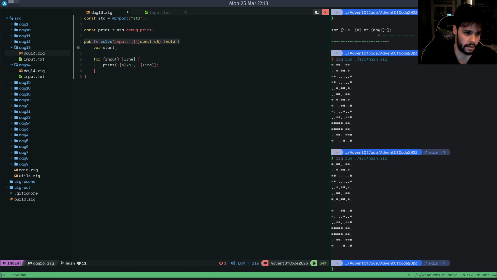Var start pointer, which is a usize 0. If line.length is equal to 1, then we found our empty line, and we can go